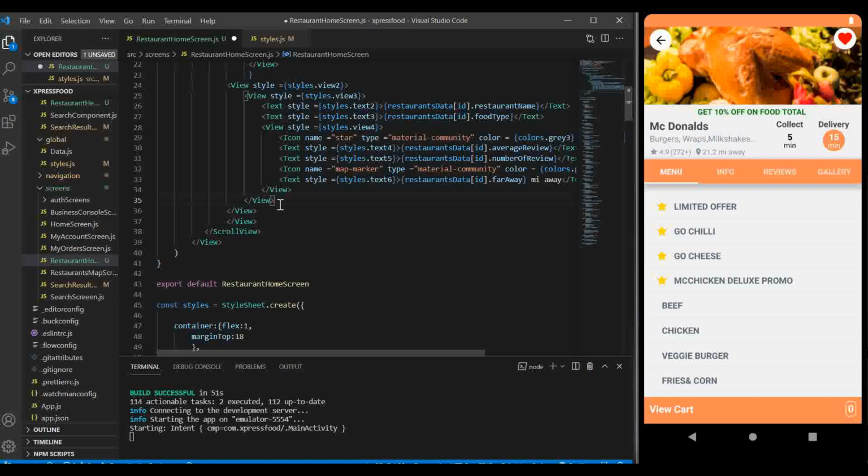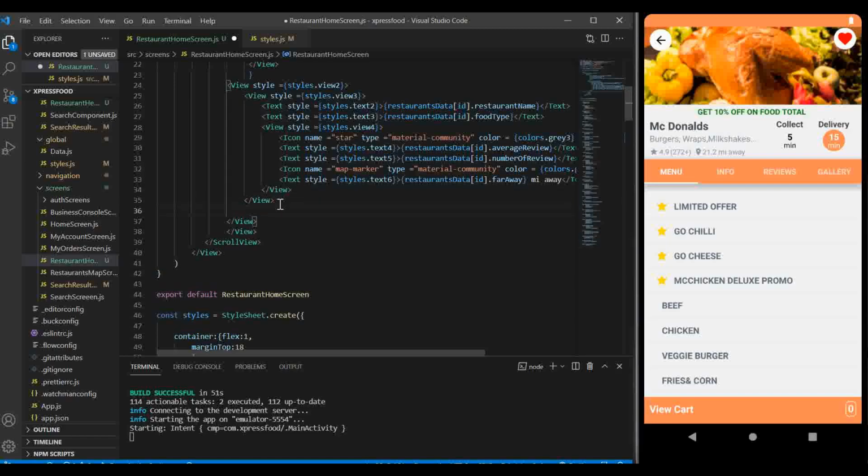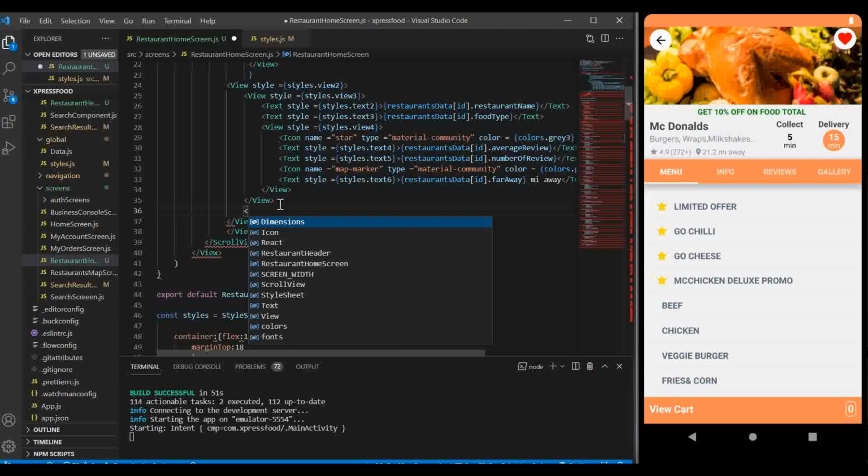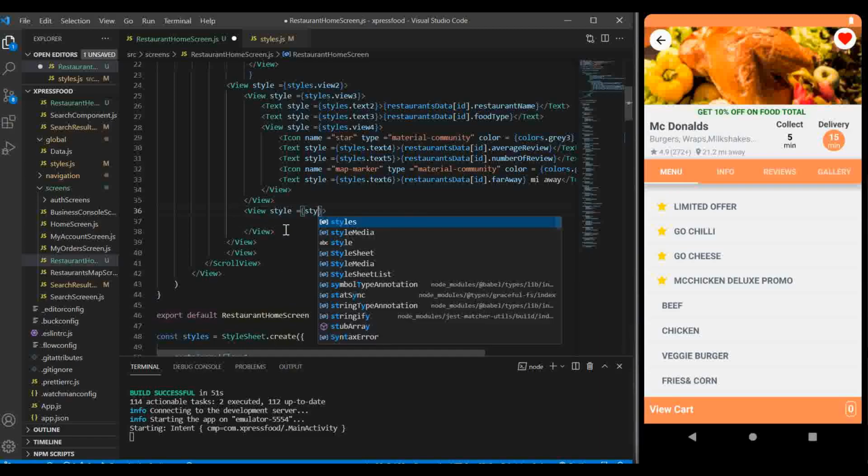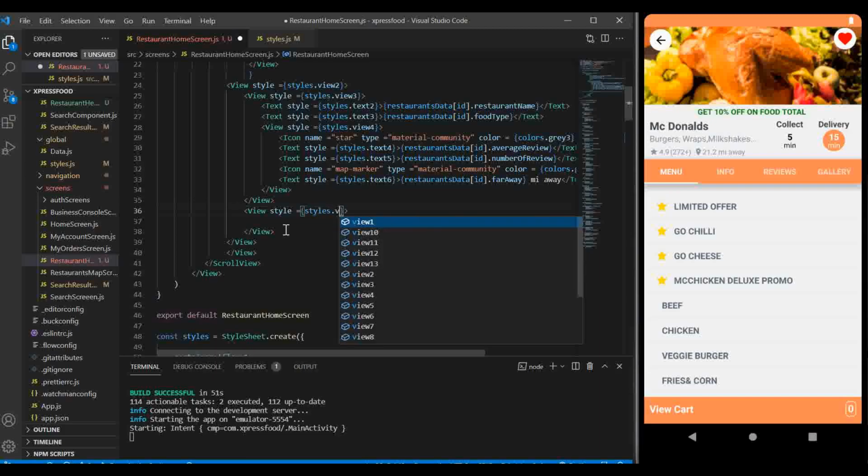Open another view outside of this view. Open a view and pass a style to it. Styles.view5, like that,